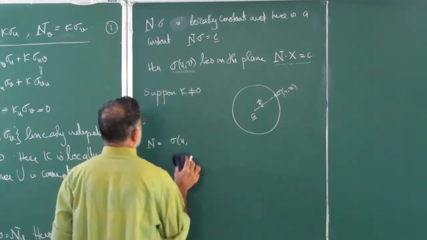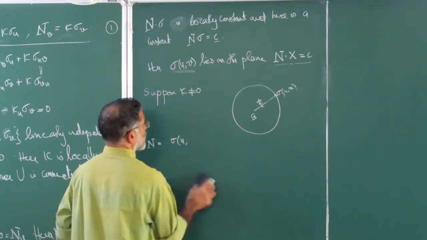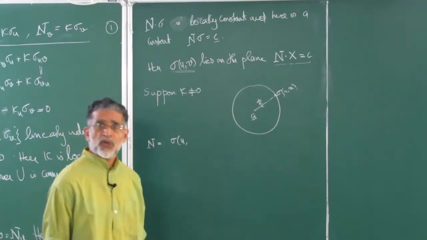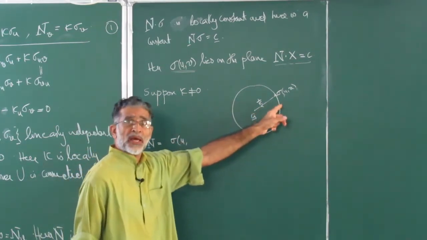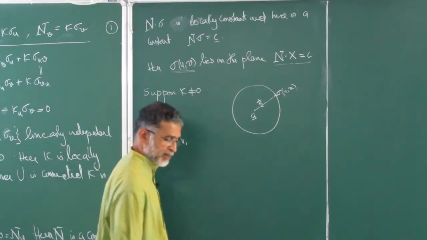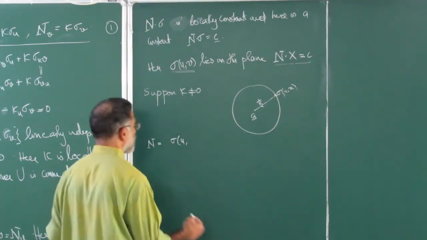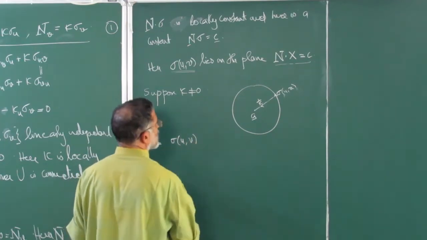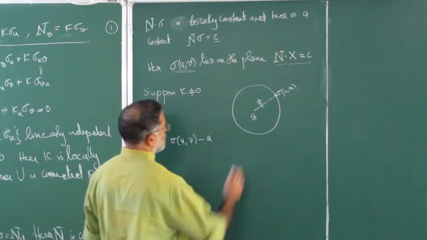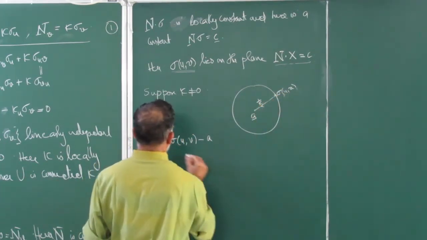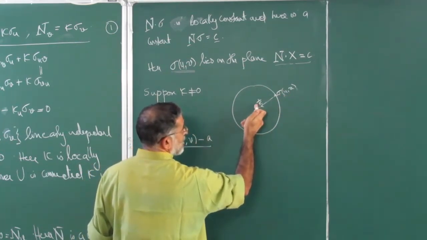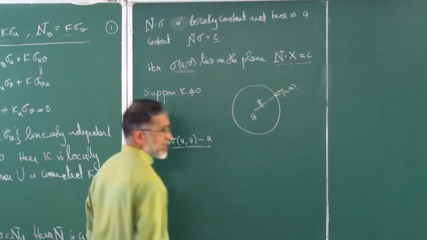So this positive negative is not very important for us, because if you are taking the inward normal, you are going to get kappa positive. But for the same sphere, if you are looking from outside, with the outward normal, then you are going to get kappa negative. So normally what we do is this, sigma minus a. So that is this vector, and its length is 1 by kappa. Well, that's the radius expected.